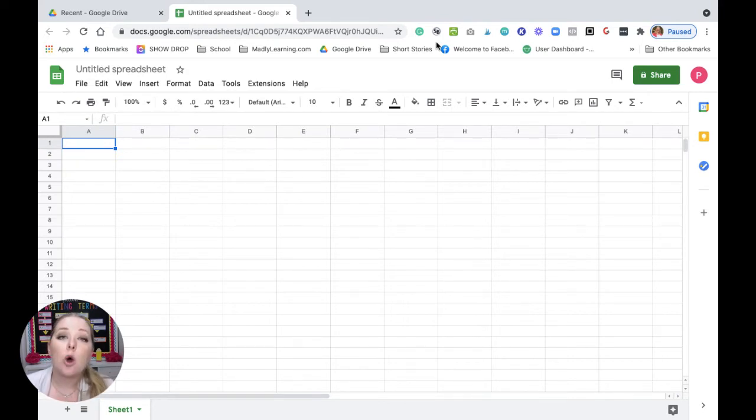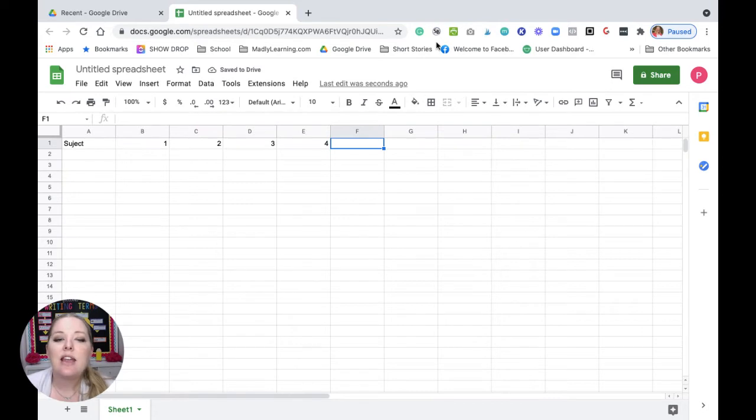The first thing you need to do is open up your Google Sheets here. Once your Google Sheet is open, you're going to sort and organize it across this matrix. First, you're going to put your subject in your first column, column A. Then in your B through E columns, you're going to structure your levels. Whether it's level 4, 3, 2, 1 or level 1, 2, 3, 4, it actually doesn't matter. It's really about what makes sense to you, how you would structure your rubric. So let's go with level 1, 2, 3, 4.